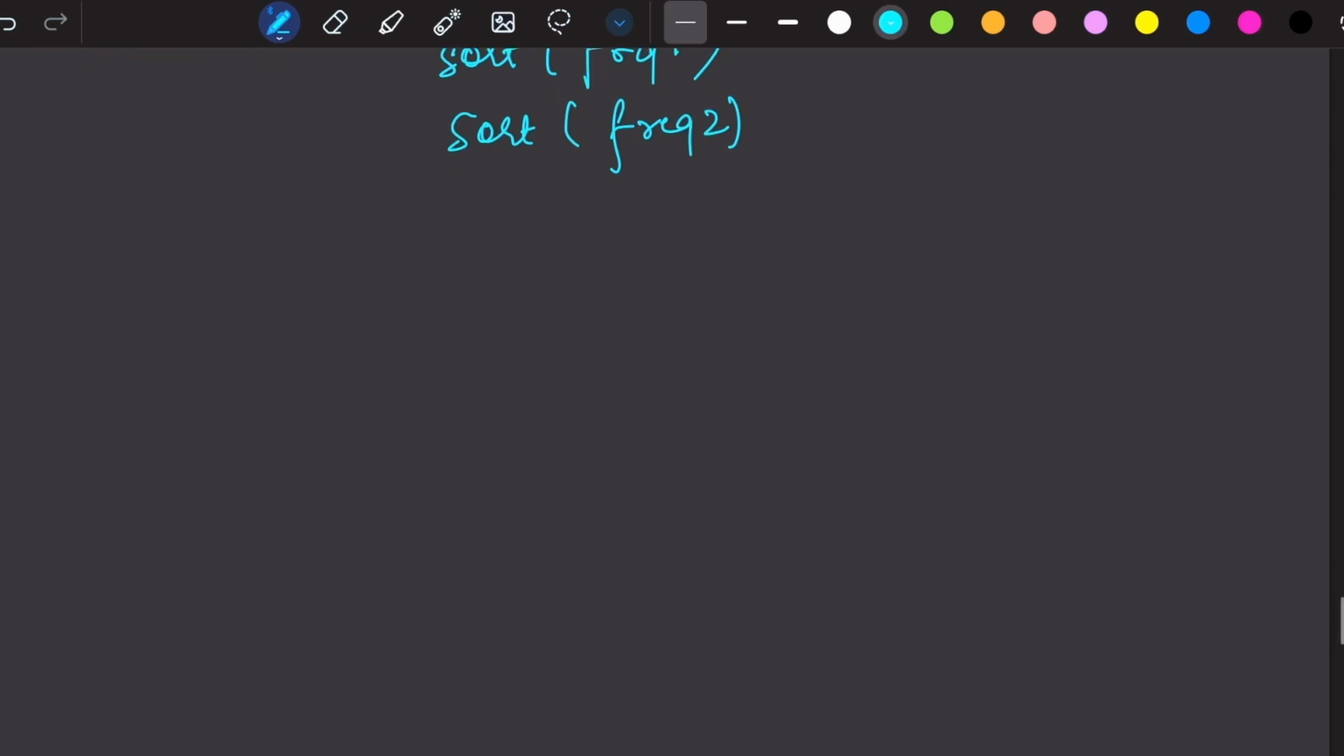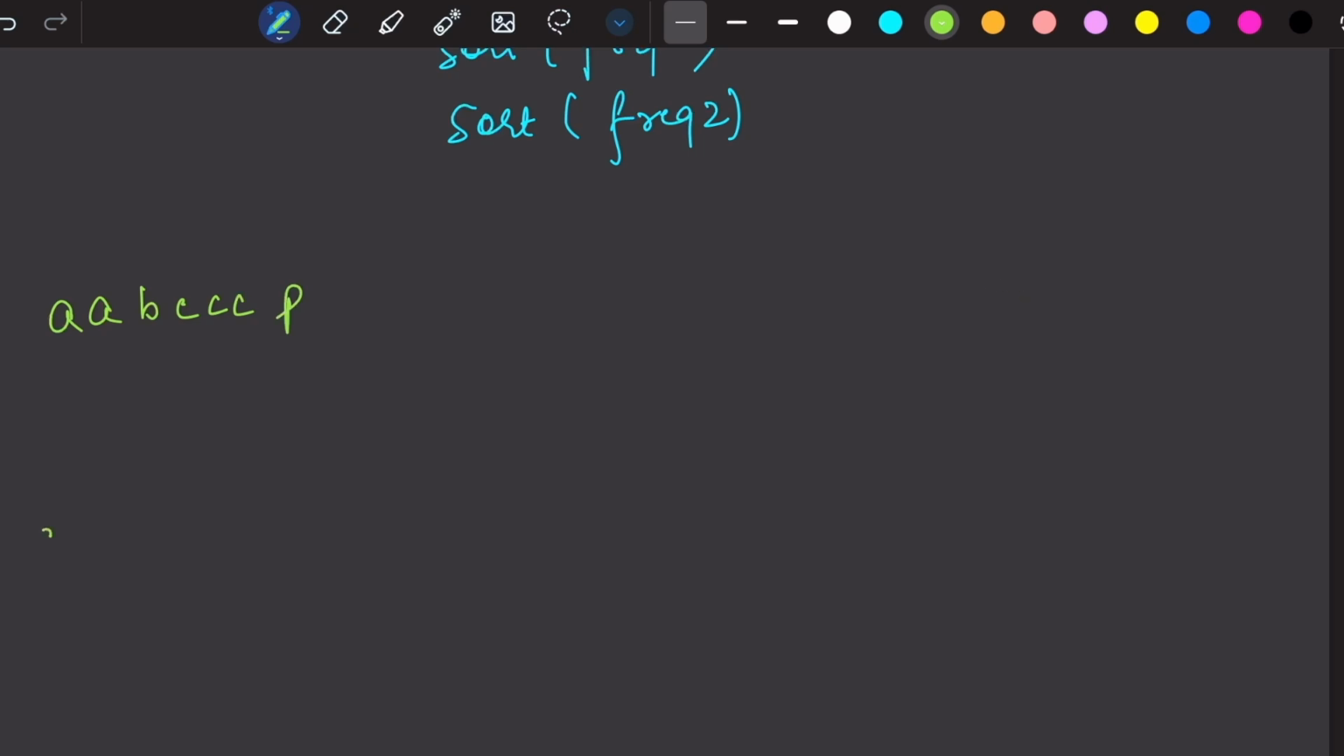Let's just say we have this string a b c and p, and the other string is a b c c c, then p, and another string is a, then c c, then b b b, and q, right? Now what we have to do,